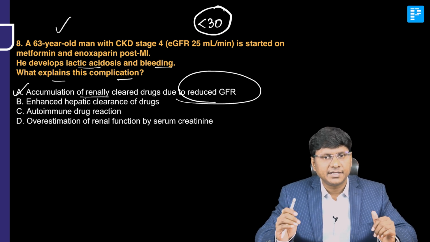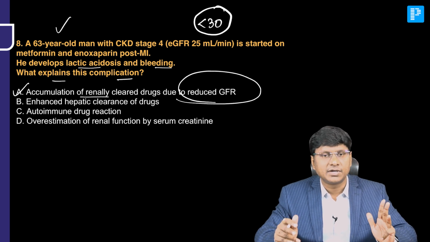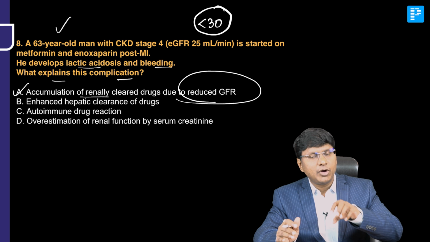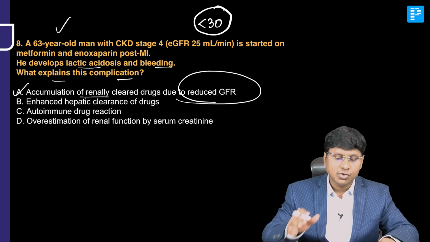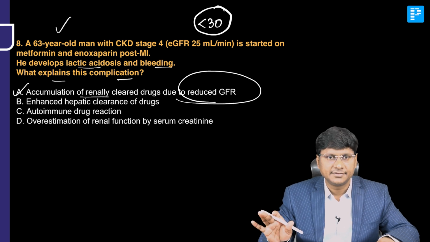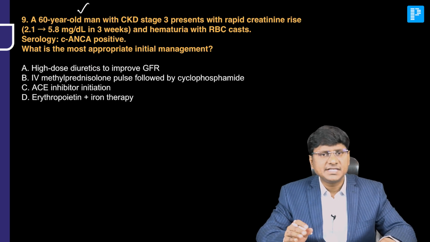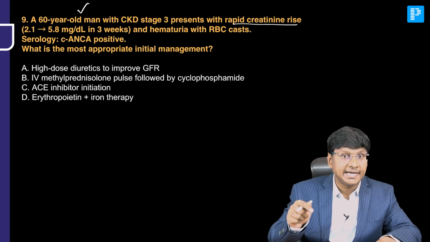And many drugs accumulate in CKD like metformin, low molecular weight heparin, digoxin, aminoglycosides. But in the clinical scenario, what is the drug which is causing lactic acidosis? It is your metformin. So always you need to adjust the dose by GFR, but not by the serum creatinine, right? Next question. We have a 60-year-old man with CKD stage 3 presents with a rapid creatinine rise, that is